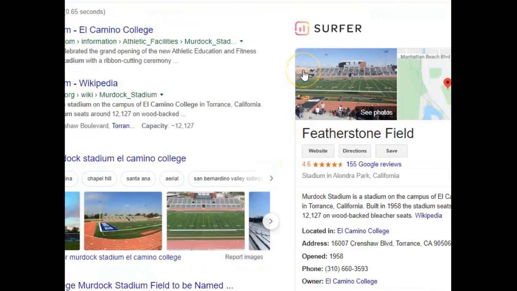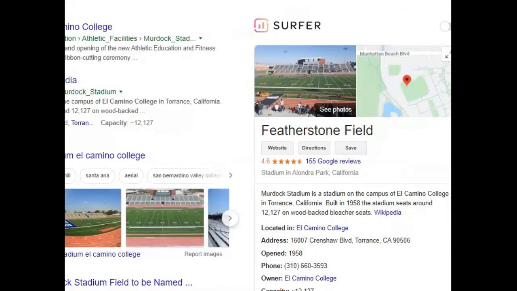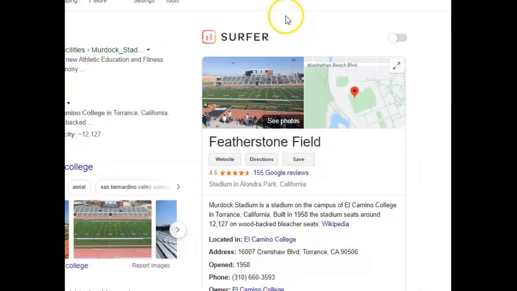So that, my friends, is how to rename a stadium. And if you are feeling a little fetchy and a little bit evil and devious, you can name it Tim O'Keefe Field if you can garner up a little bit of proof. But I don't suggest doing that. But I'm saying it is possible. This more than likely was fact checked by an algorithm, not a human being. So that is what we live